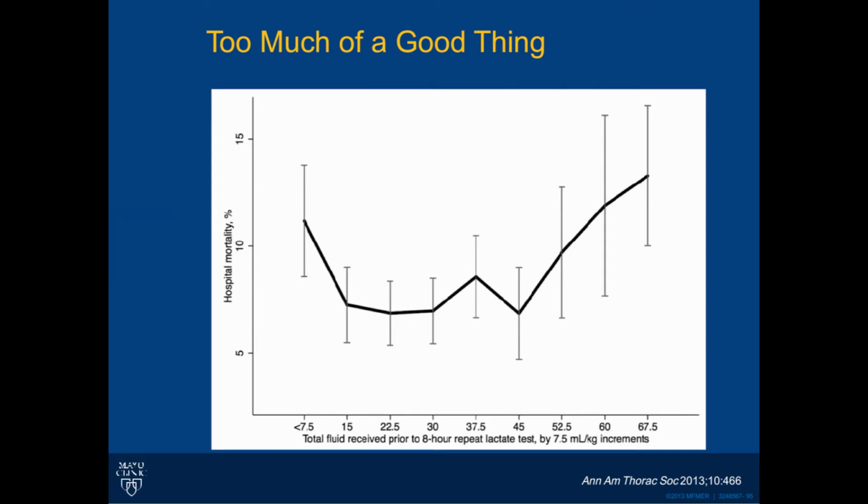There is some outcomes data, but again, you have to take this with a grain of salt because where are you measuring this fluid? Where is it charted? And are you capturing everything that the patient got all the way from the healthcare point of contact through to the ICU? There seems to be a bit of a sweet spot somewhere around 30 milliliters per kilogram, but patients with persistent shock can sometimes require more based on bedside assessments. You can see that if you give too little, the patients die, and if you give too much, the patients die.